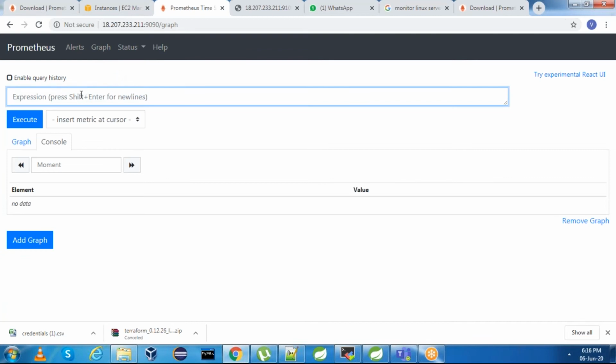You can go to the graph and hit this one and click on graph.